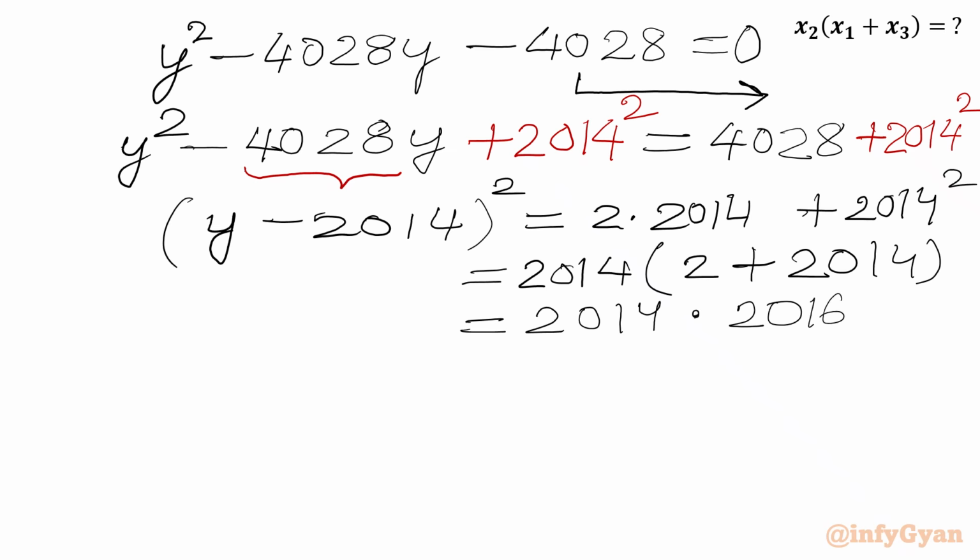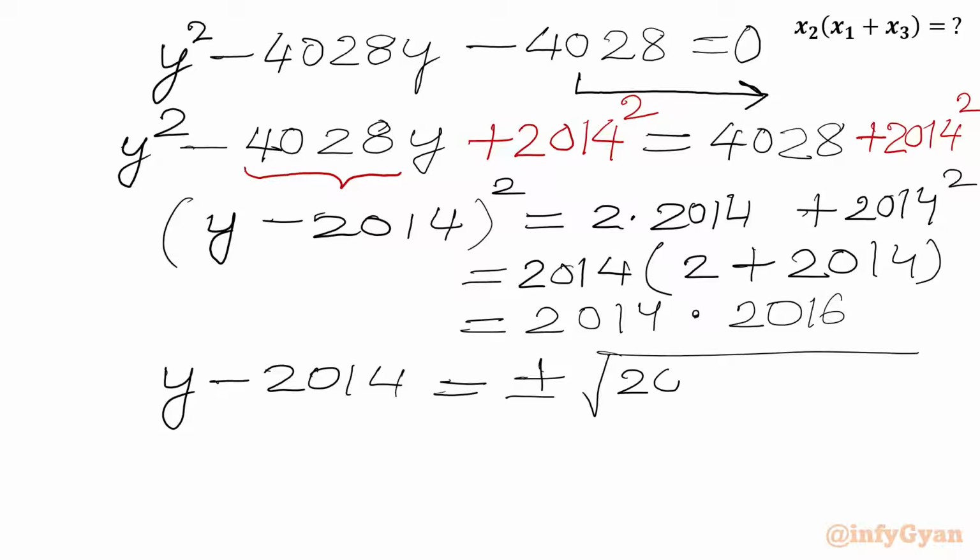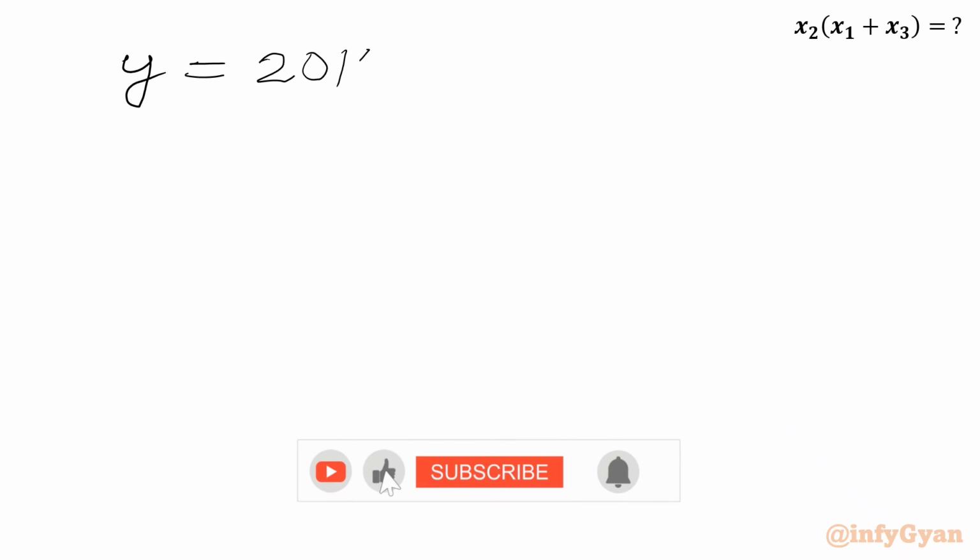Now we will consider square root both sides. So I can write y minus 2014 equal to plus minus square root of 2016 times 2014. Now we will add 2014 both sides and we will get y equal to 2014 plus minus square root of